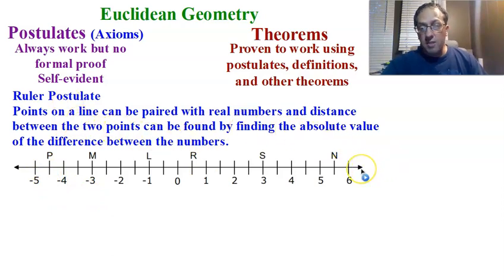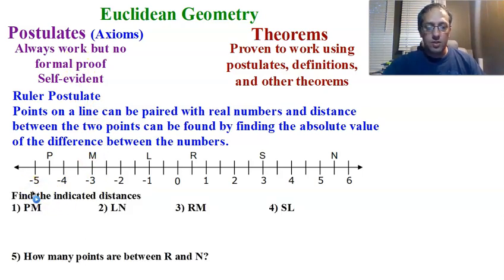And does anybody question that? No, that's pretty obvious. So, like I said, self-evident. We don't have an actual formal proof for it, but it always works. And because it always works, and you've been doing it for so long, I would like you to really quickly solve these 5 questions. And I know you say, wait a second, LN, what is LN?